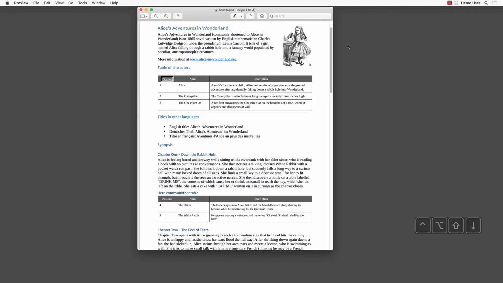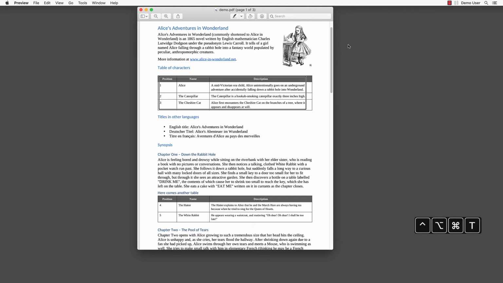Table. In table. Position heading. Column 1, row 1. Name heading. Column 2, row 1. Description heading. Column 3, row 1. 1. Column 1, row 2. Alice. Column 2, row 2. The caterpillar. The Cheshire Cat. VoiceOver informs us that there is a table. If we enter the table, VoiceOver tells us our current position and cell type. Using VoiceOver and the arrow keys, we can navigate horizontally and vertically in the table. Out of table.